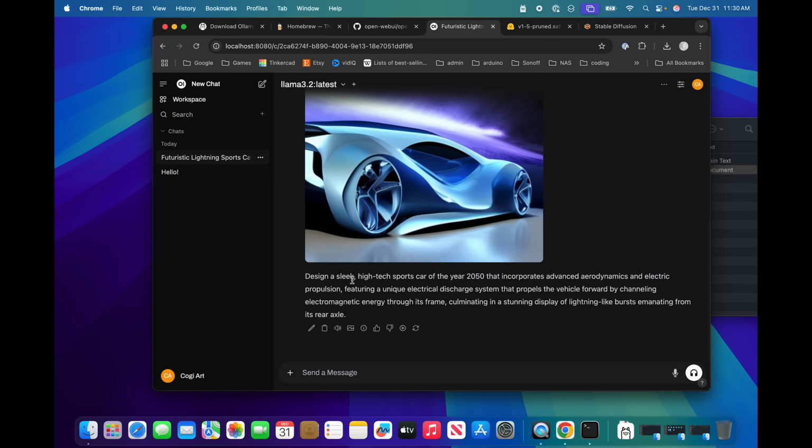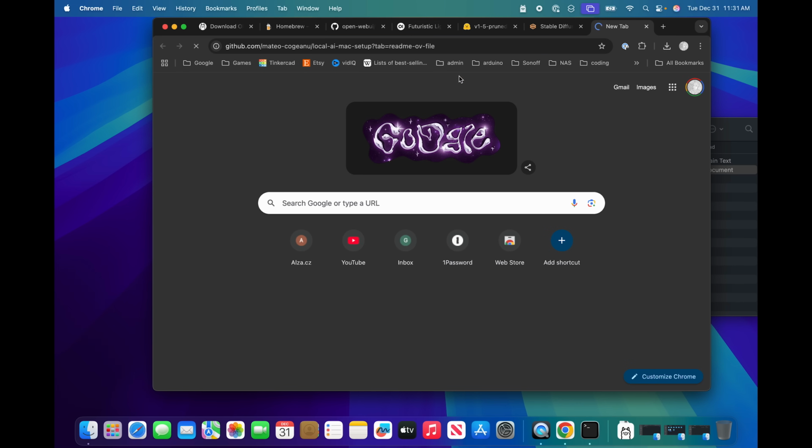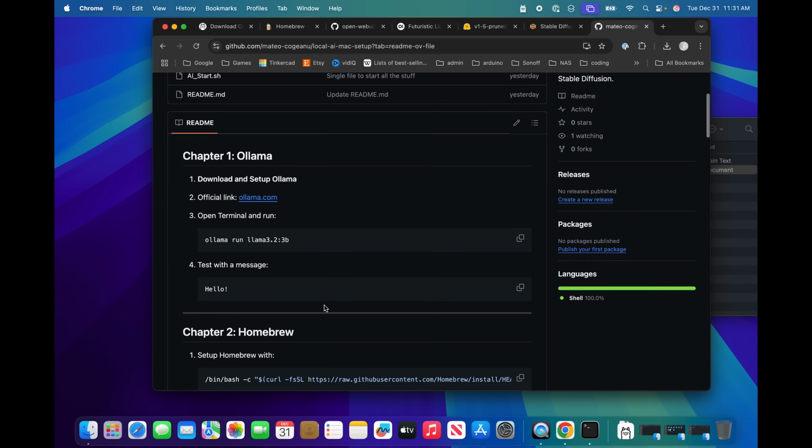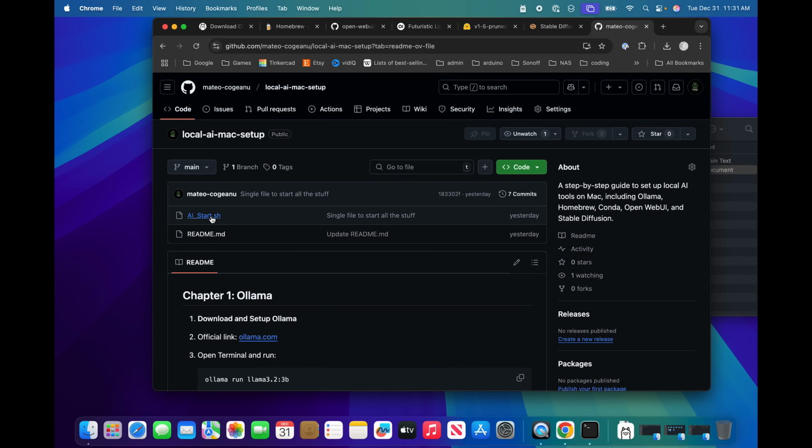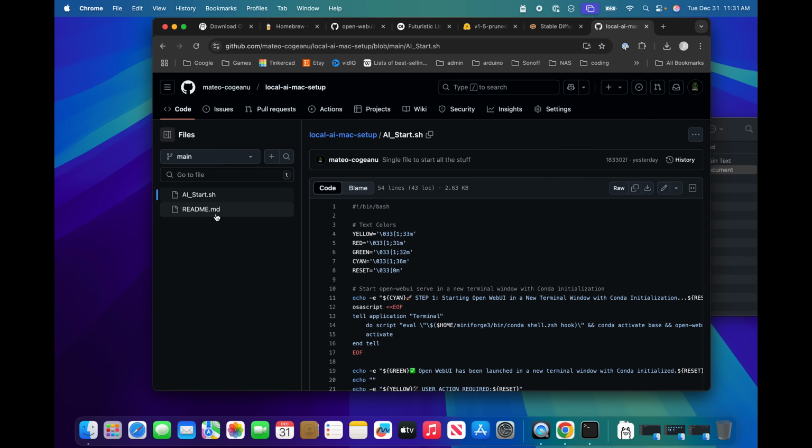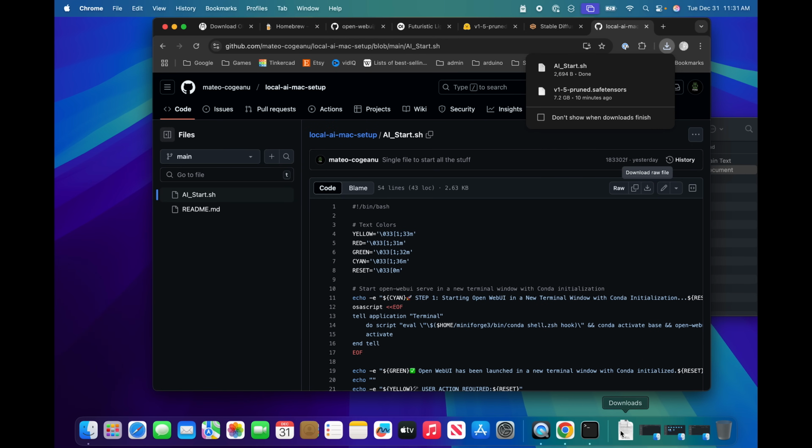I hope you succeeded in having local AI on your Mac with Apple Silicon, but I need to show you a shell script that I made. You can download it from my GitHub page. So here is the GitHub page, here's the text tutorial, and we want aistart.sh. We download it, and then